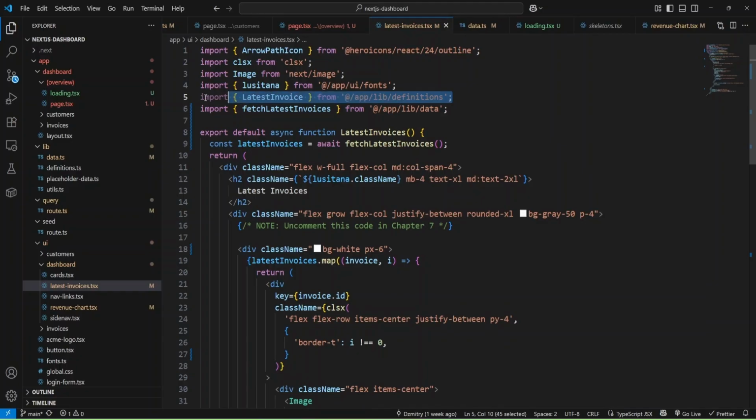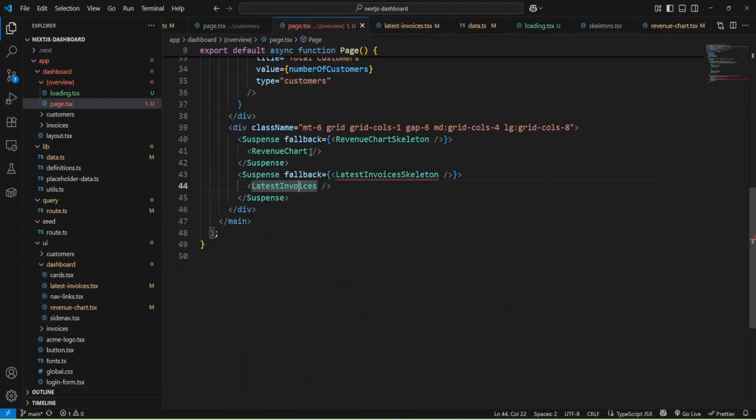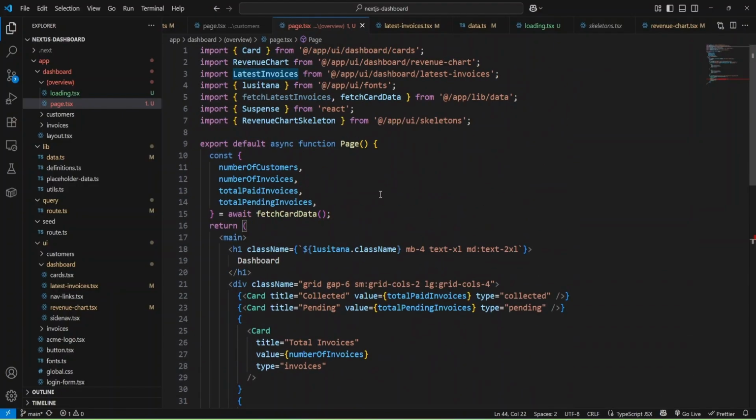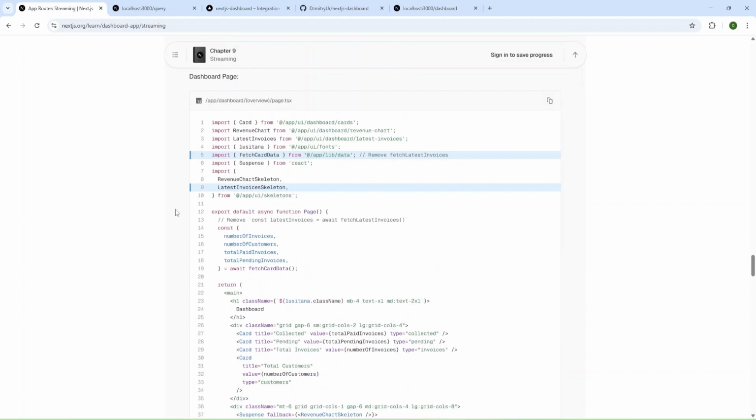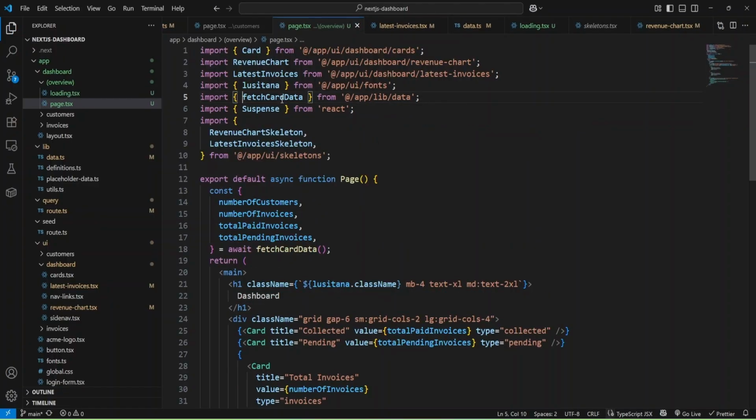Okay, and we can remove this types, and let's go here, and we need to import this skeleton here. Okay, and I'll just add it here, and we can remove page latest invoices.